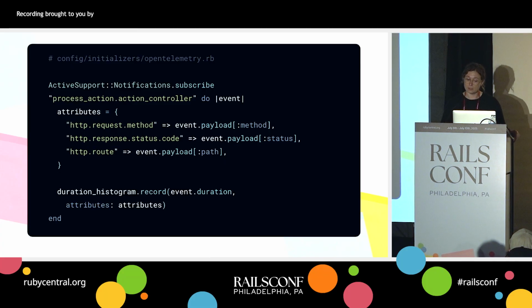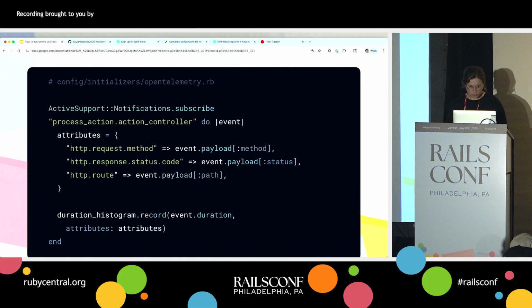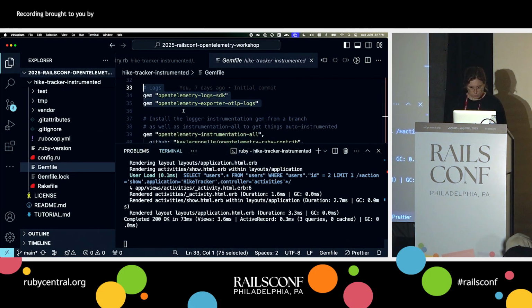What's great about this is that the event payload has a lot of the attributes that we would want to include. And this list is a lot shorter to make sure everything fit on the slide, but there's a more comprehensive list in the completed instrumented version of the application of other attributes that you can look at. One thing to show there too before we wrap up on that step